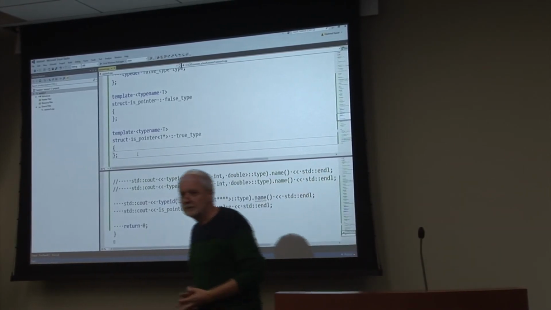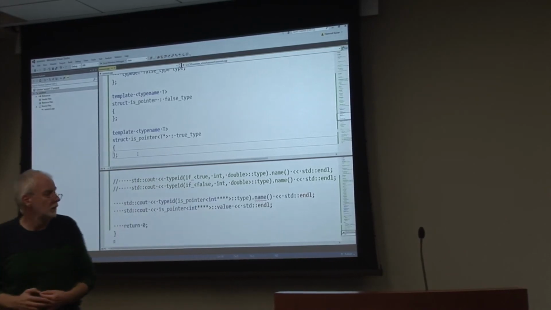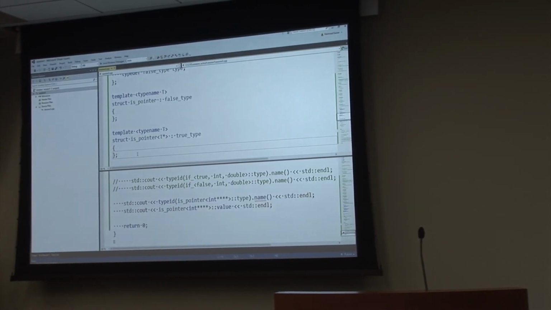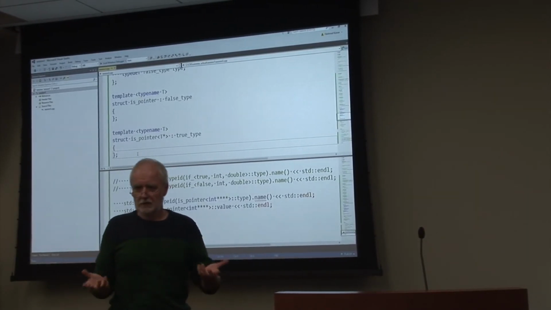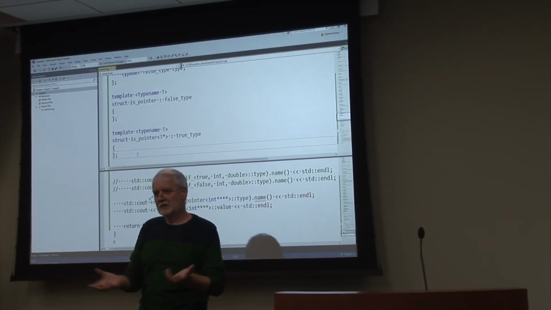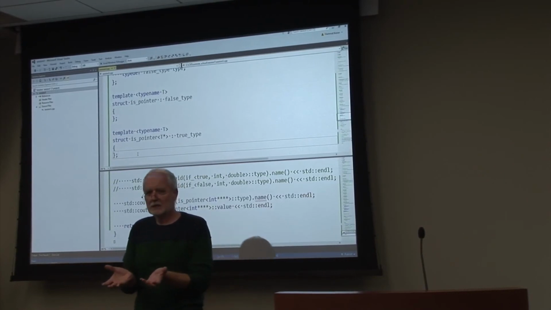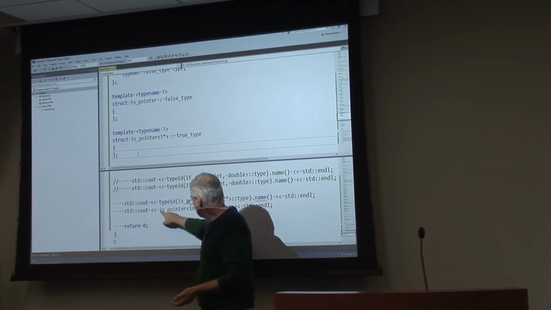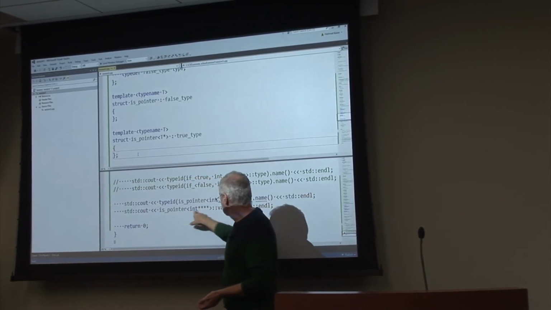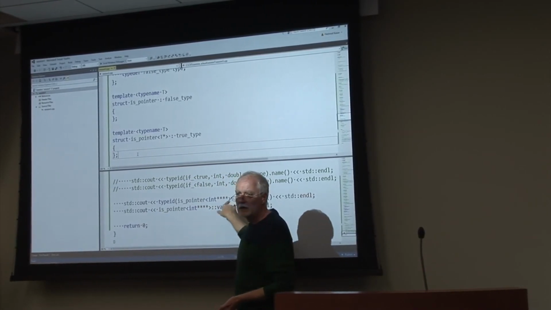Any questions? No? Well, it's not that difficult in the end. It's really fairly straightforward, and it's all about conventions. So people start building these conventions around these basic facilities. And when you see somewhere in the code a template is_pointer something ::type, then you don't